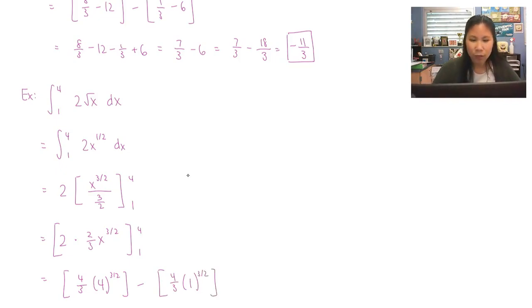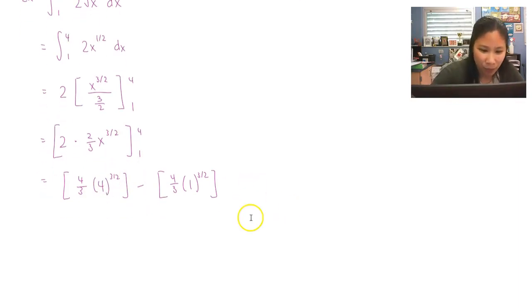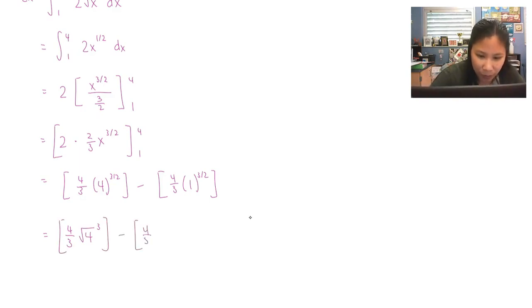power. And if you're not too familiar with exponents that are fractions, this is just a square root, so whatever the denominator is, that's the index of your radical. So this is a square root raised to the 3rd power. So if you want to think about it as the square root of 4 raised to the 3rd power minus the square root of 1 raised to the 3rd power